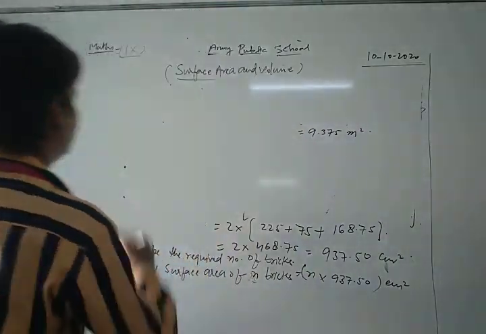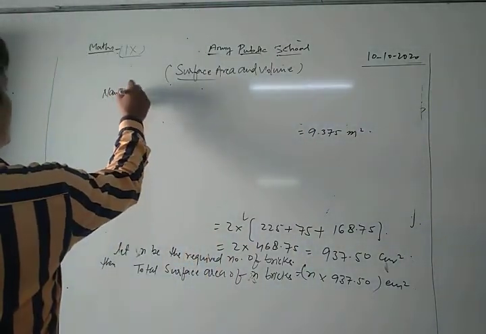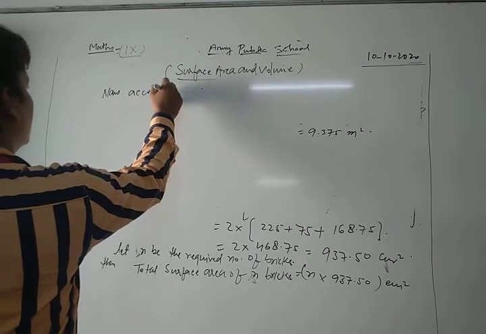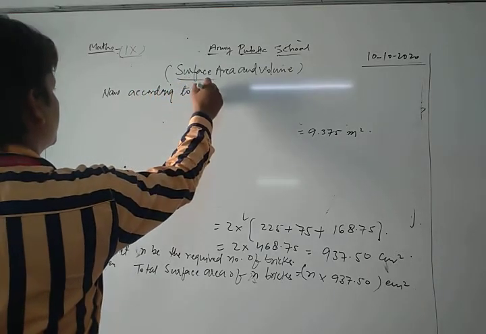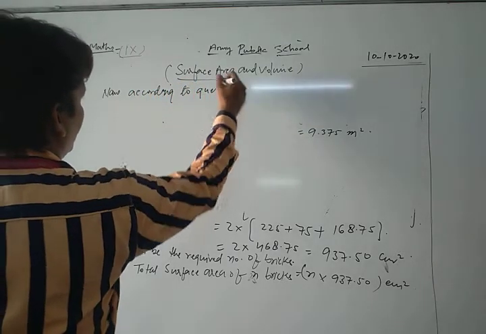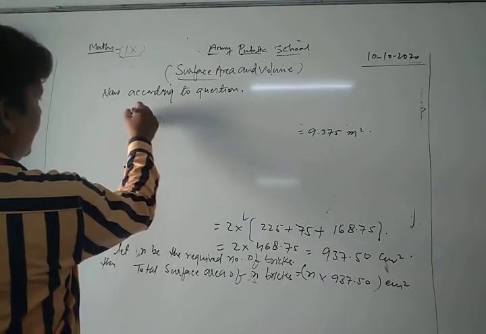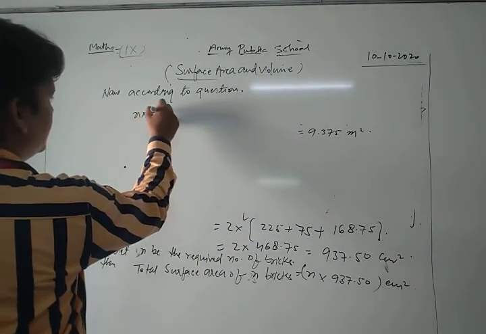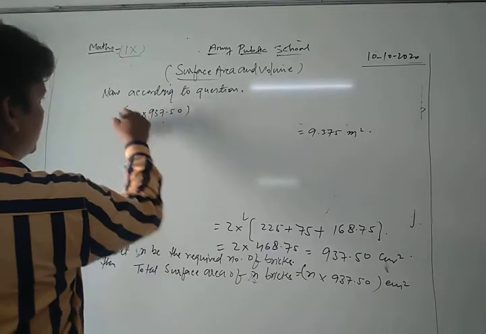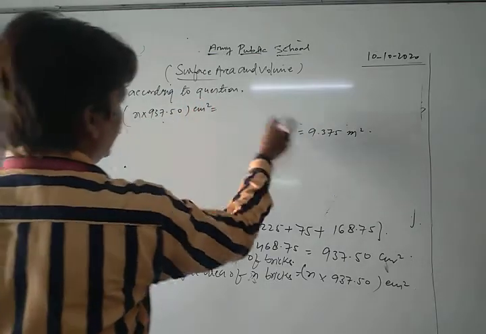According to the question, n into 937.50, this is in centimeter square, and this is